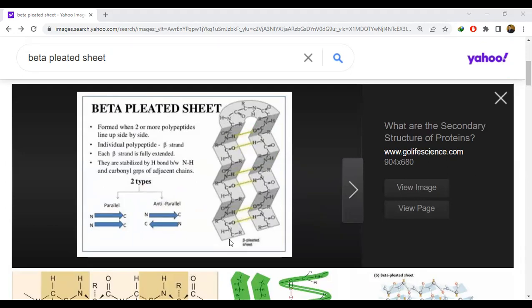Look at that chain. Is it one chain or two separate chains? One chain. But the way it is arranged,